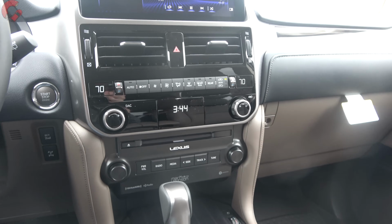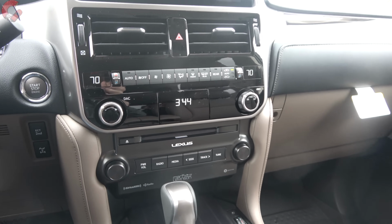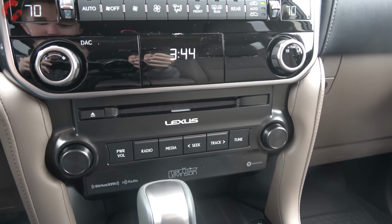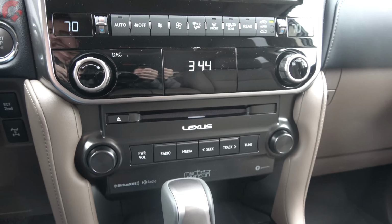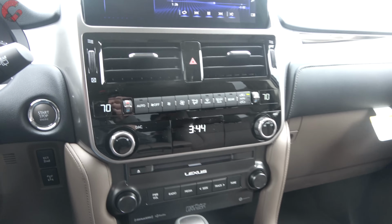Yeah, so overall, that is a really excellent sounding sound system. Really fills up this cabin well. And you even have a CD slot, so you can pop in that old school Motley Crue CD and jam out to your heart's desire. Now up above that